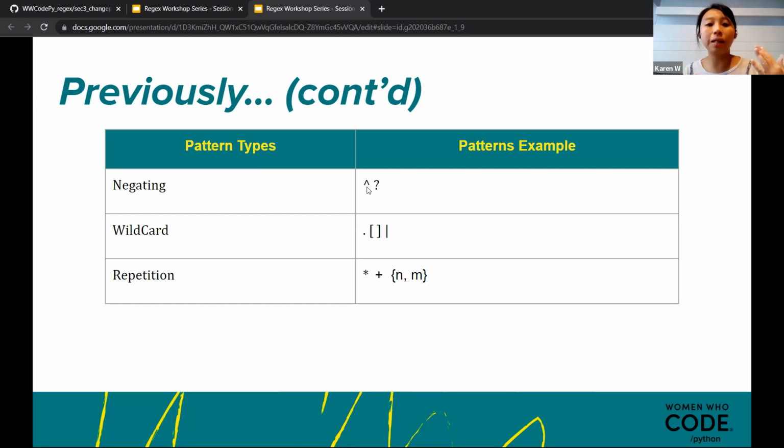So wildcard is where you mix and match a lot of things. The square bracket here is really like include anything that is inside, and then dot is like, you can have anything after the character. So it's a fairly user friendly tool that can catch a lot of things.